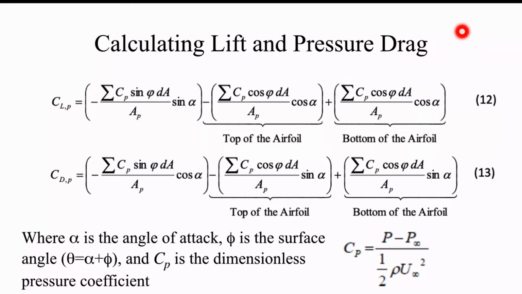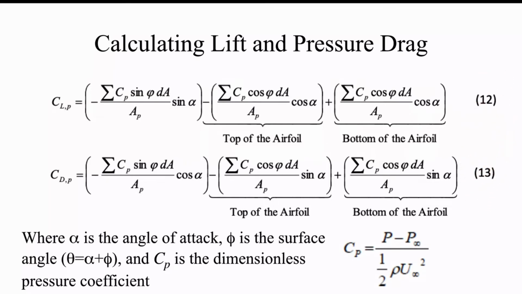We can use our pressure measurements that we make at 16 distinct points on the airfoil to estimate those integrals. These equations here may look really complicated, but they are essentially just taking the integral equations that we had before and converting them into discrete summations over all the little individual elements of area associated with each pressure tap. And there's a lot more detail in how to approach this in the lab write-up, where these equations are taken